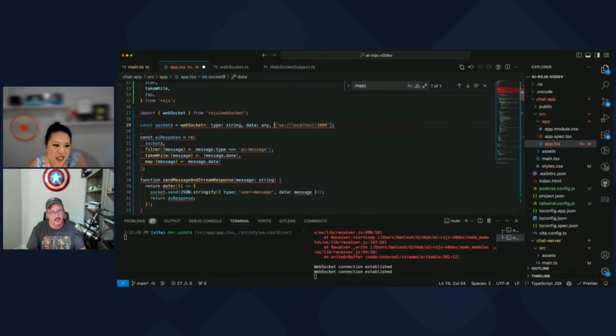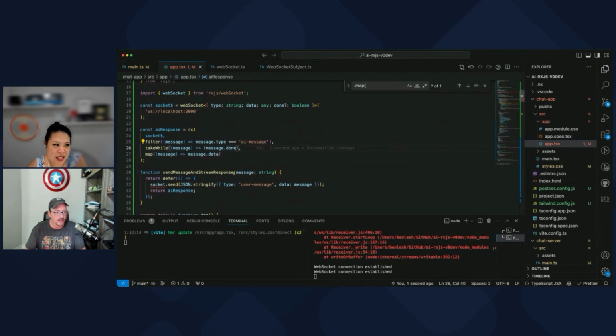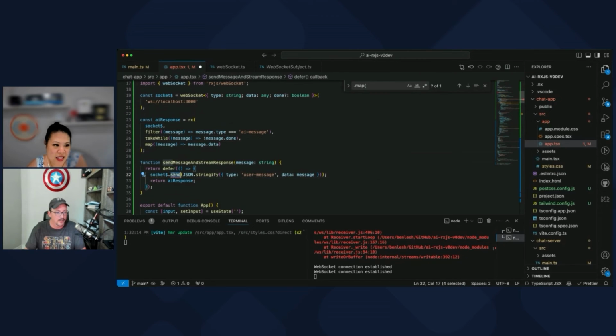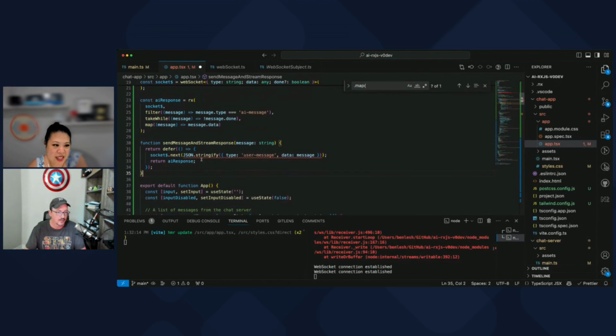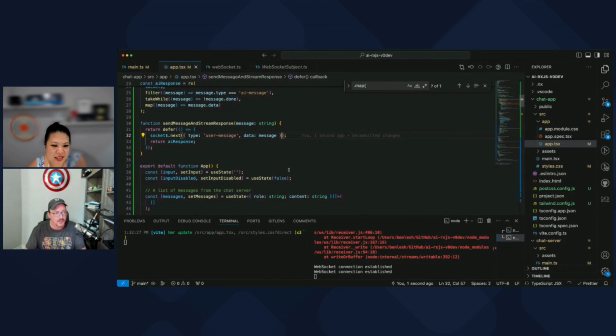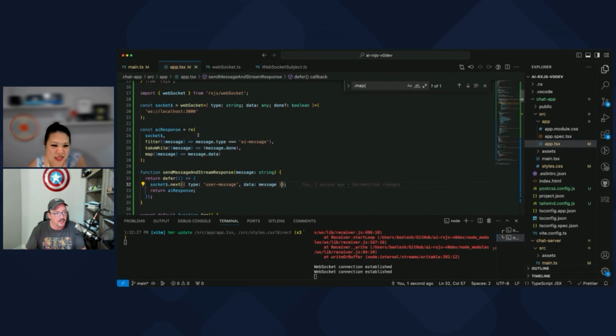Data's any, done is a Boolean. All right, and this is socket, and this just becomes next. We don't need to JSON stringify anything. And what else do we need to do? We also need to make sure that we're sharing this sucker.